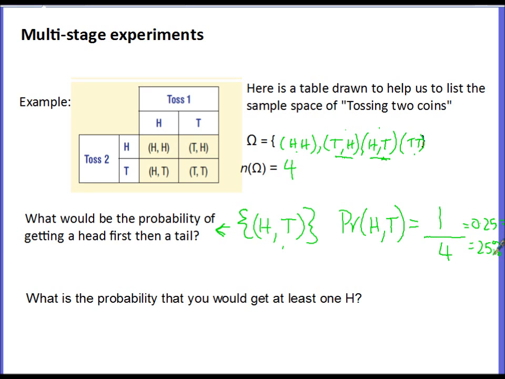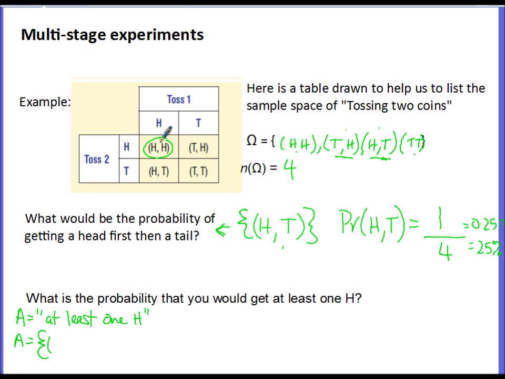Okay, here's another question. What is the probability that you would get at least one H? So first of all, let's call that A. The event A is the event at least one H. So we want to know what is in the event space of A. So at least one H means that